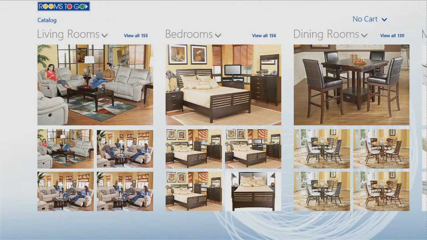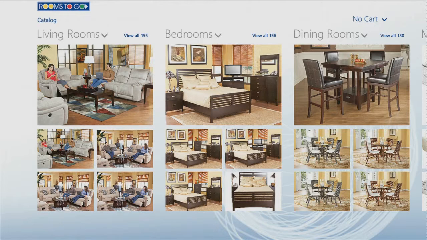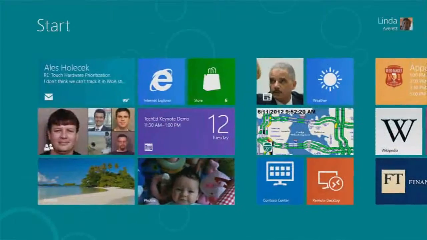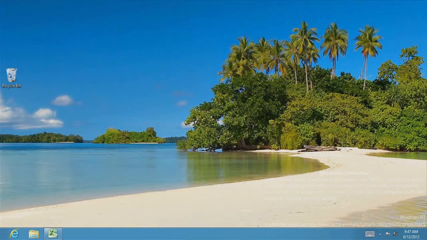So I have the Rooms to Go app up here, and I think you can get the gist of how it works. I'm on the showroom floor all day long. I take a bunch of orders. You know, I have some of them in my cart. I've been doing it, and so there's more. So at the end of the day, I should probably check my inventory and make sure that I can fulfill all those orders. And so, check this out. I'm going to go back to the start screen, and I'm going to go to the desktop. Because on Windows 8,